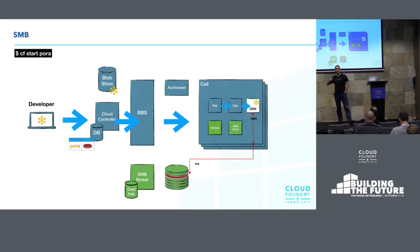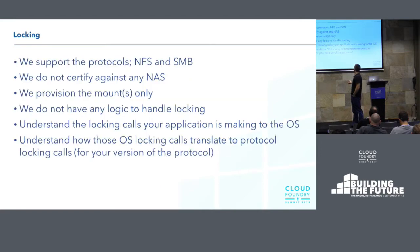to bind that into the container. So you'll notice there's no MapFS mount on top of this. And this is because authentication and authorization is built into SMB by default, so we don't need the complexity that we have with the NFS solution. Moreover,